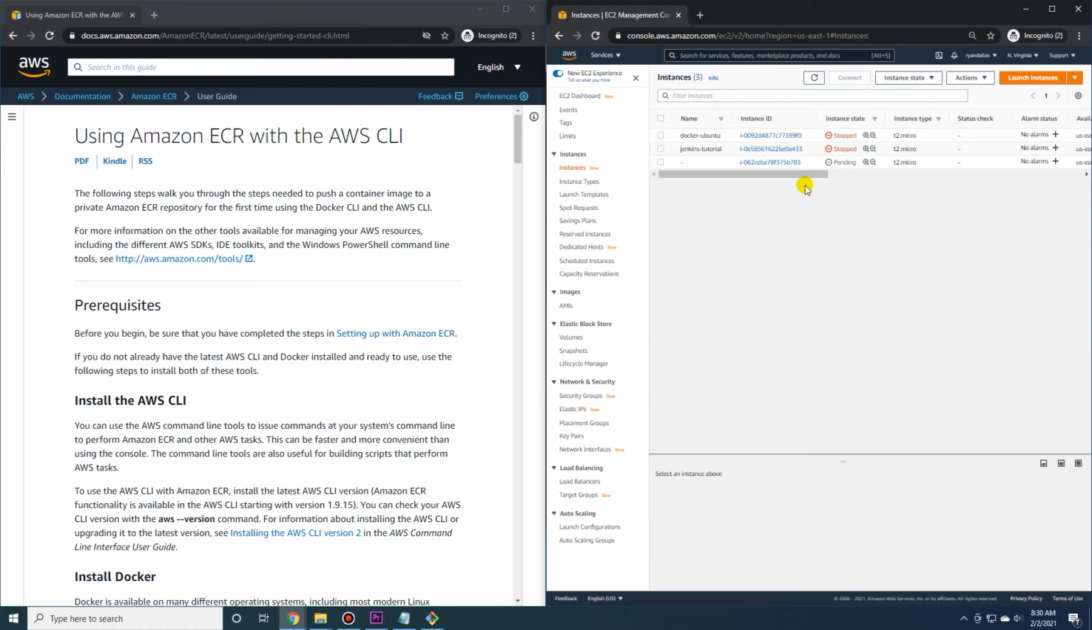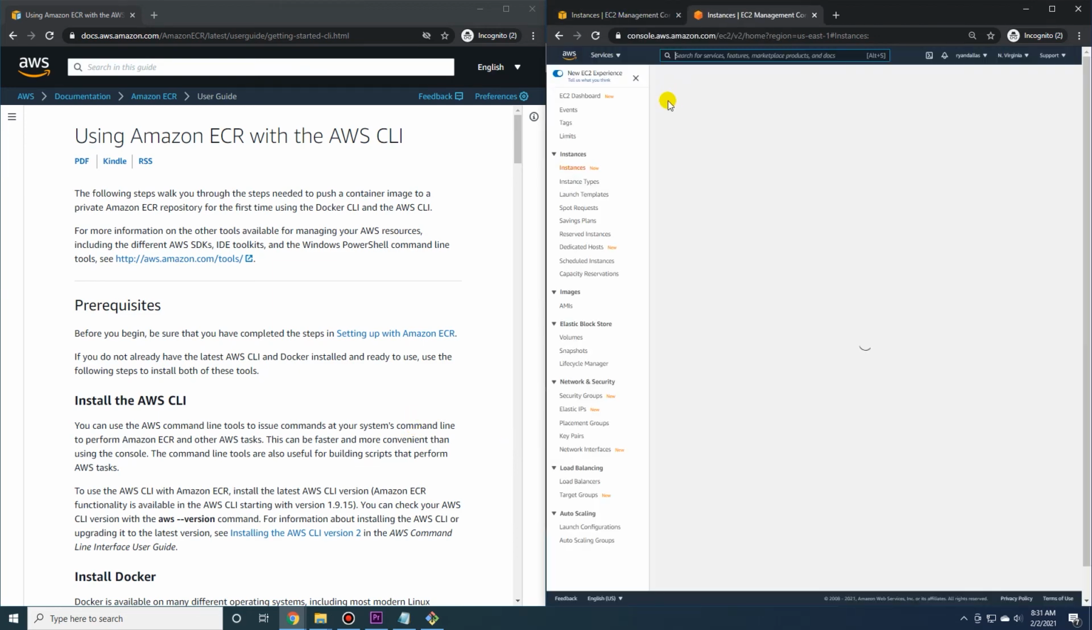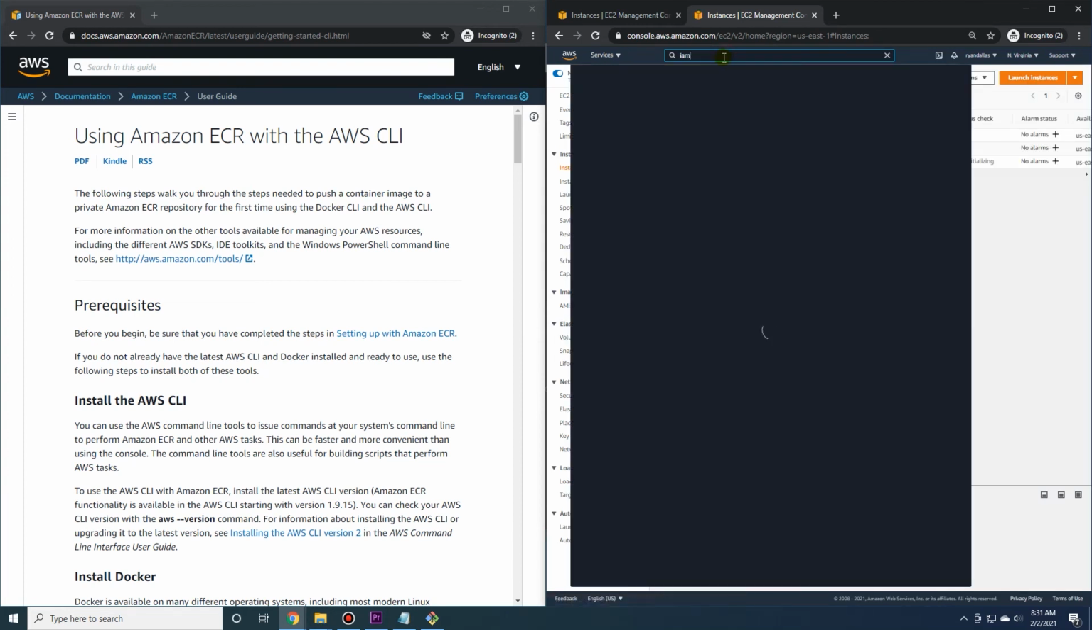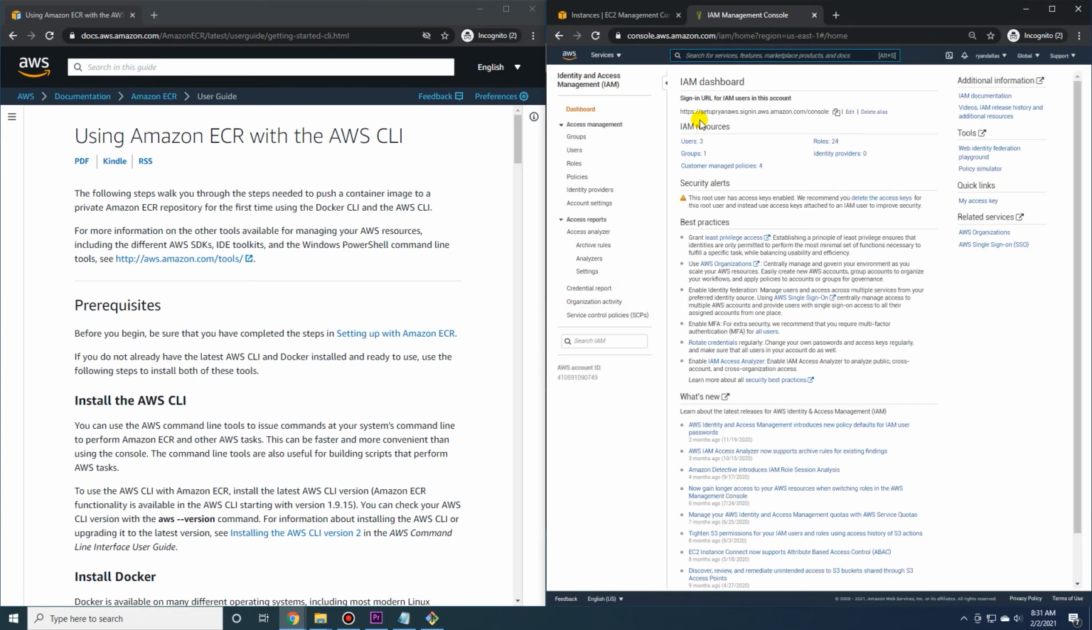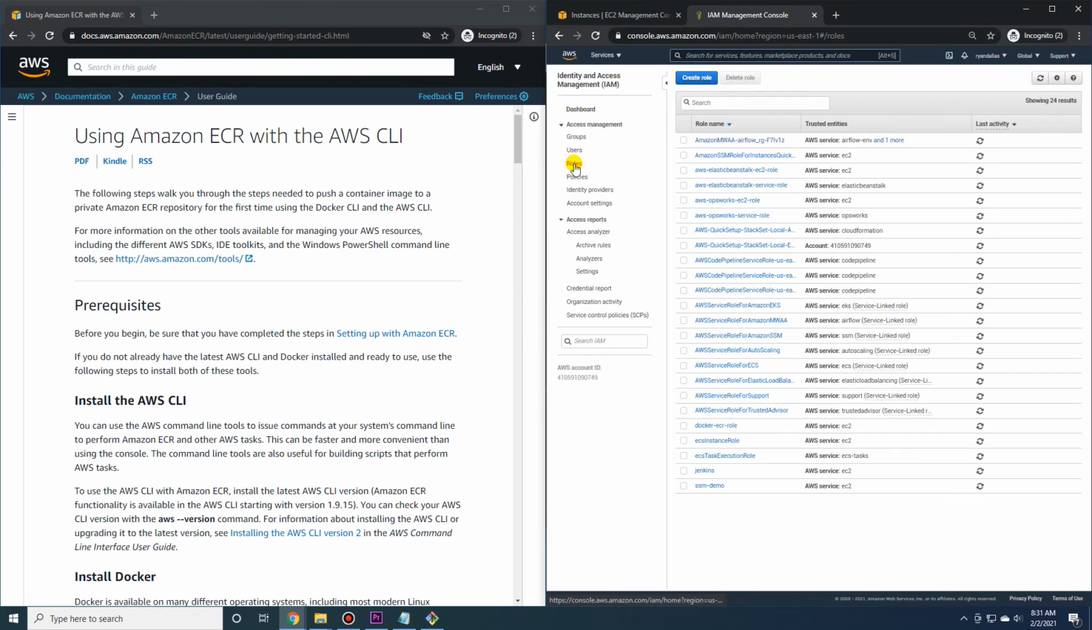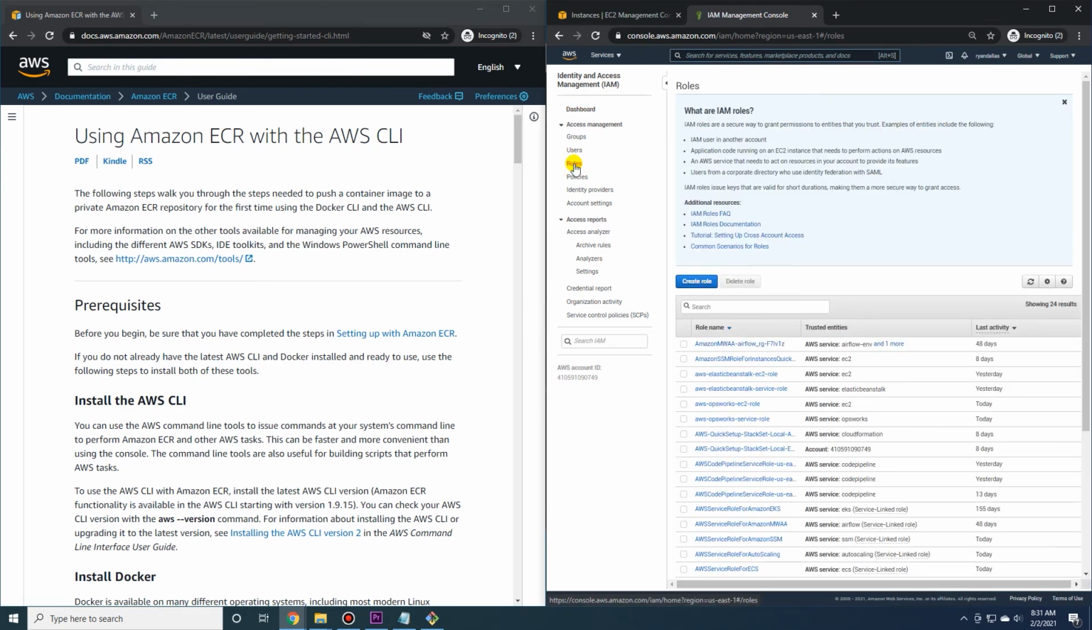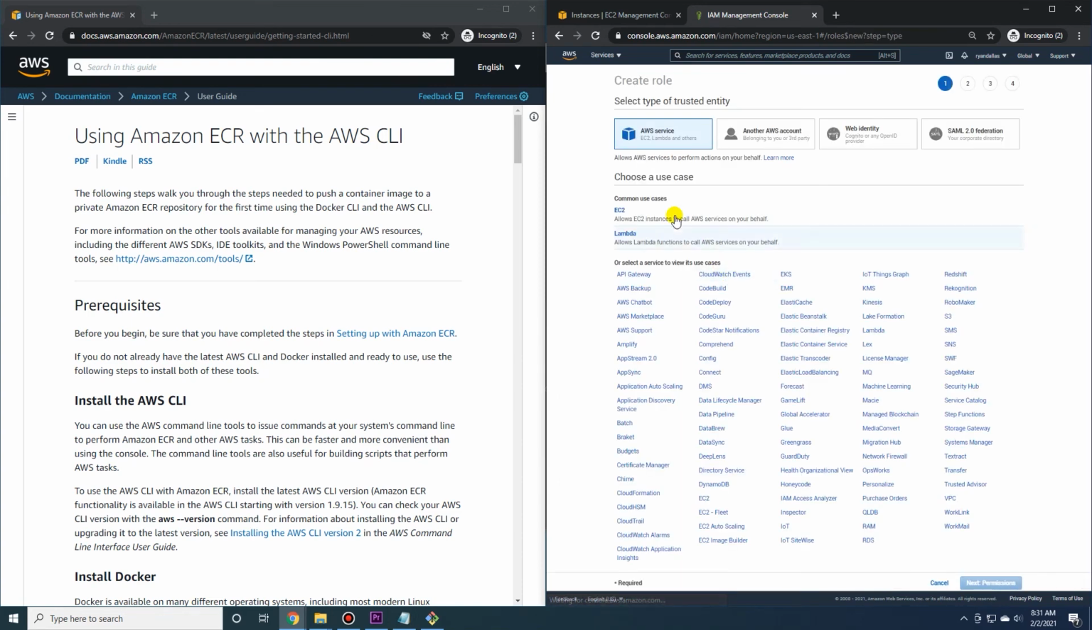While this is getting set up, we need to make a new role. And we're going to give this role access to our EC2 instance to connect to our Elastic Container Repository. Let's go to IAM. Roles, create a role, AWS service, EC2,